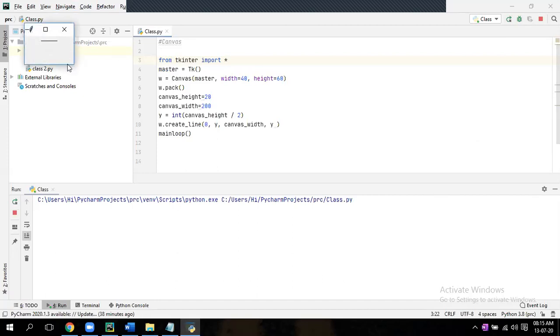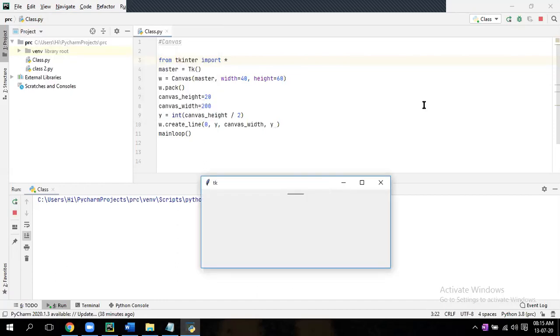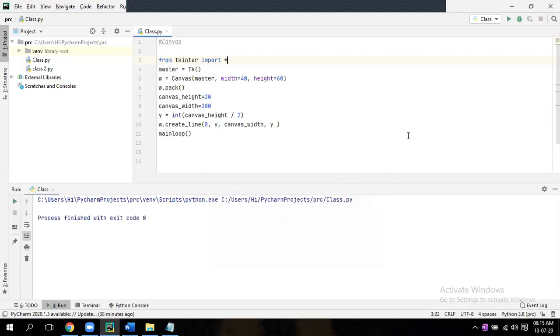Here we are just drawing a line. But this whole area is not the canvas area. We have taken the canvas with width equal to 40, height equal to 60. Close it. Now in the canvas properties, bg equal to green.